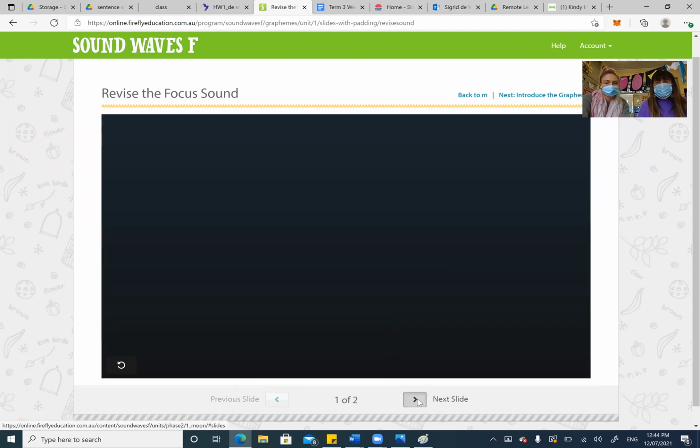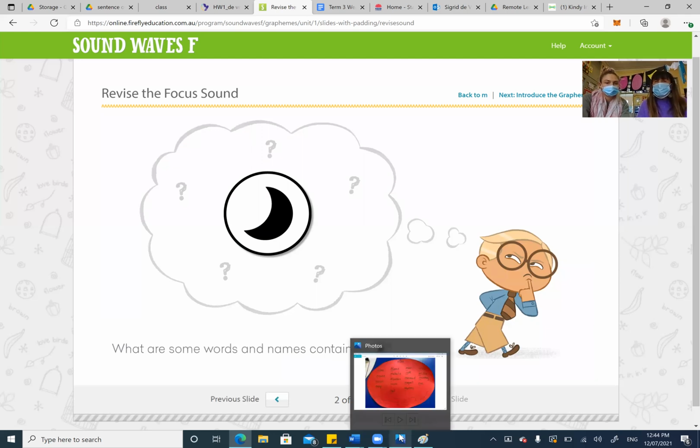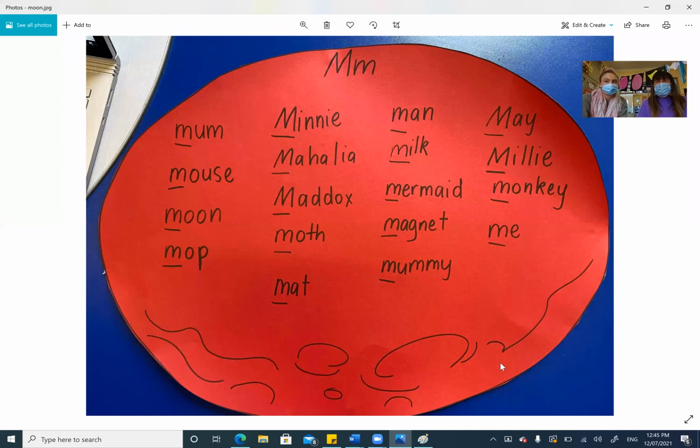Okay. So last term, we brainstormed some words that had the letter M in them. And let's have a look at some of these words that we can sound out. So the first one, let's have a look at it. Get your bubble gum out and let's pull them apart. Mum. Excellent. I'm not going to do all of them. I'm going to go to the word mop and let's pull it apart.